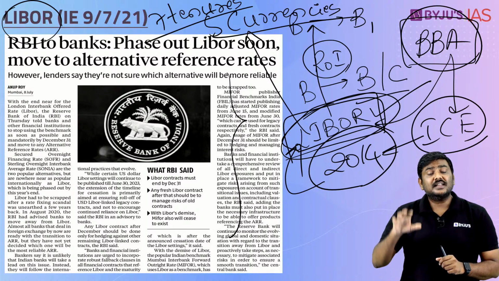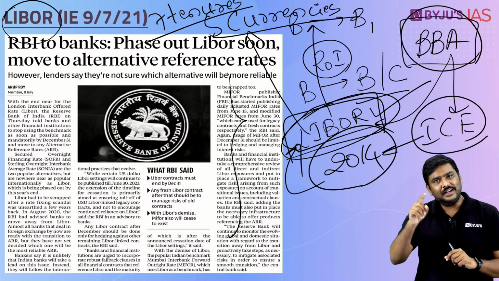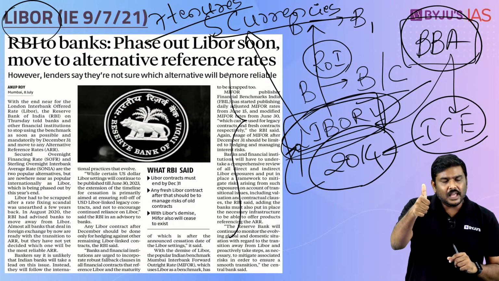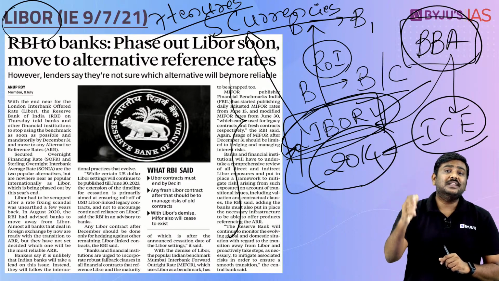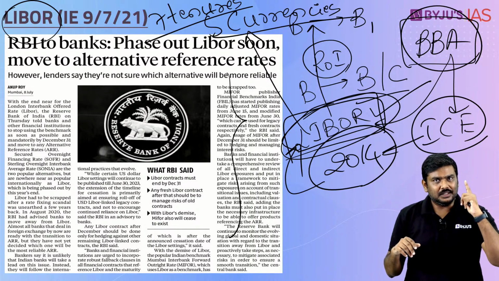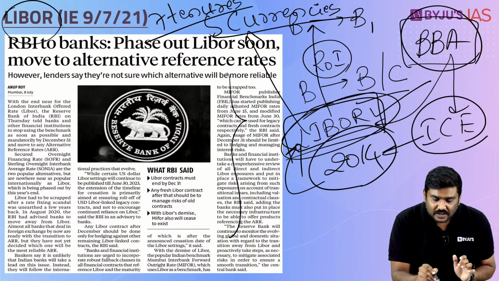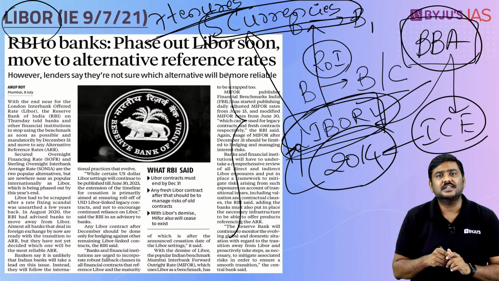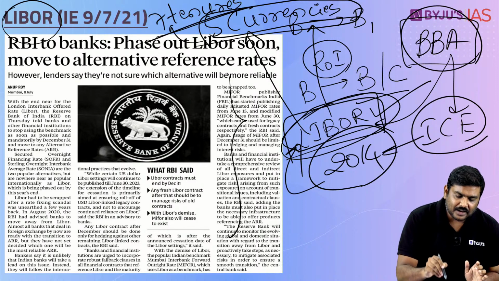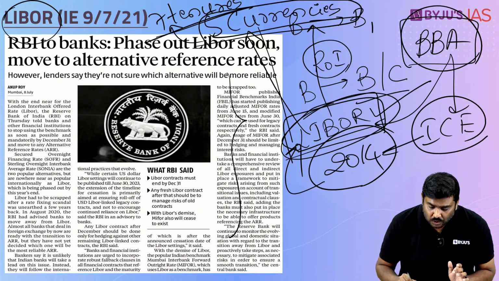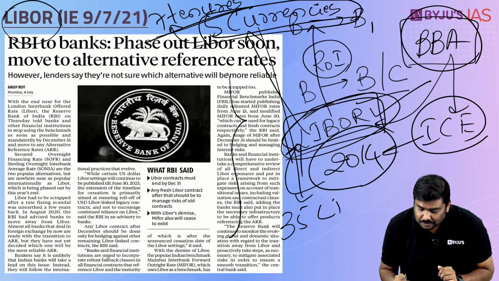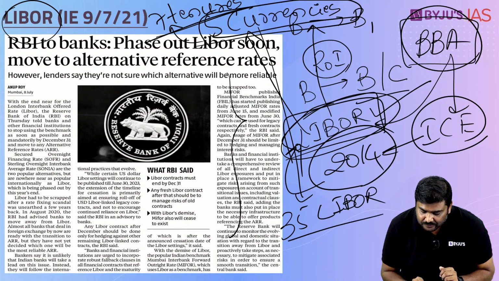In addition to this, there are 7 tenures for which LIBOR rate is also calculated. Overnight LIBOR rate is there, 1 week, 1 month, 2 month, 3 month, 6 month and 12 month. So these are the 7 tenures as well as the 5 currencies. So based on this calculation, you can have a look at this. There are 5 currencies and there are 7 tenures. So totally 35 LIBOR rates are published every day.